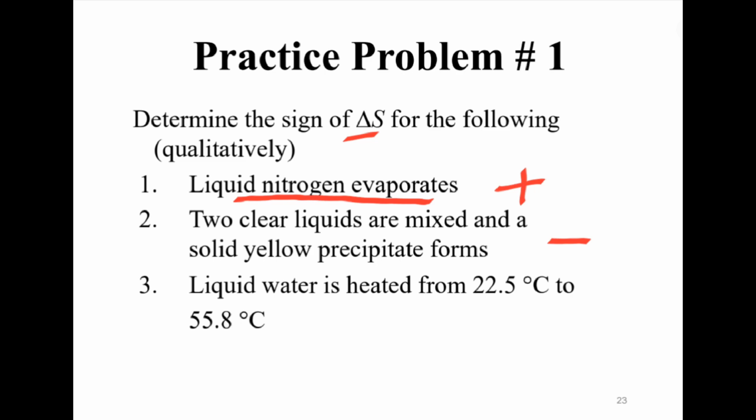So when temperature increases, increased temperature has higher entropy than lower temperature. ስለዚህ ቴምፕሬቸሩ ከ22.5 ወደ 55.8 ዲግሪ ሴልሲየስ ስለጨመረ ኢንትሮፒውም ይጨምራል ማለት ነው። ስለዚህ ኢንትሮፒው ፕለስ ሳይን ይኖረዋል ማለት ነው።